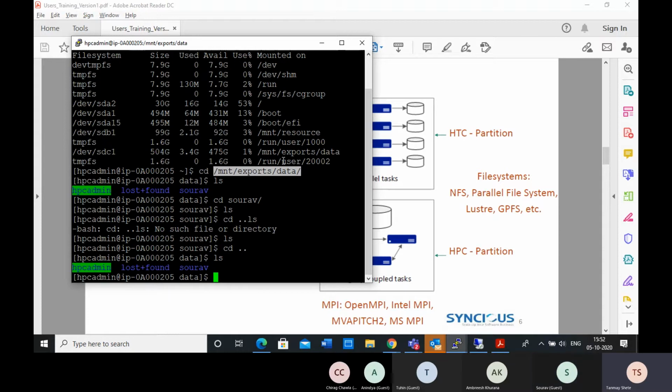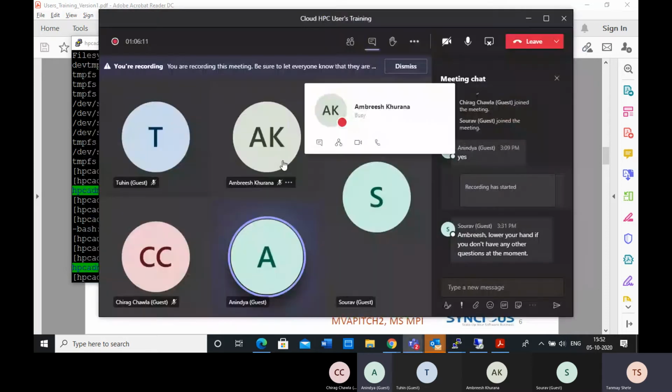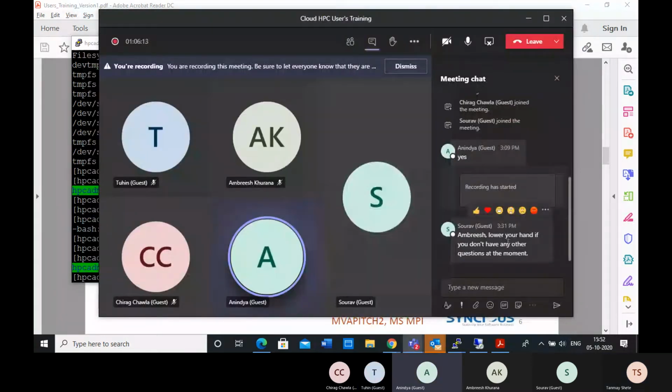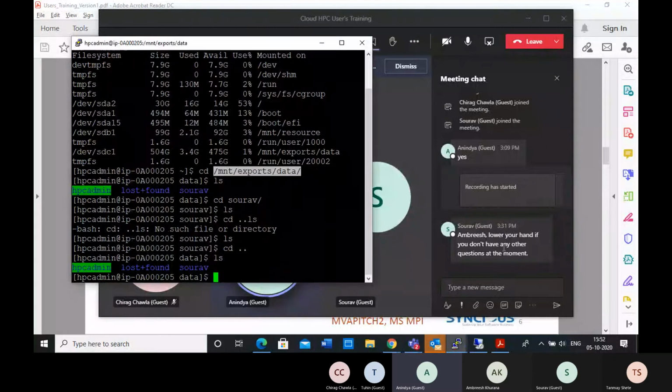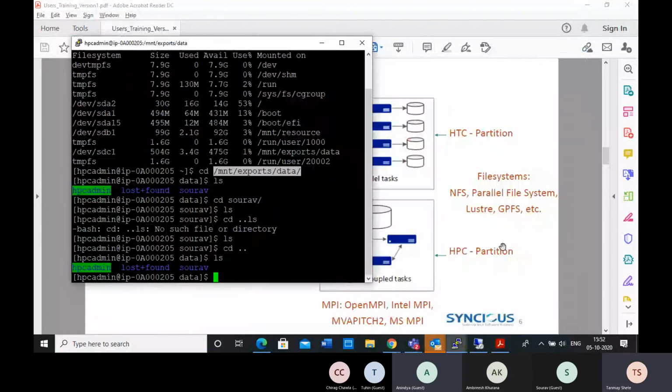Okay, so now the question. Yeah, go ahead. I have a question. Then my storage is like a two-step process. First I store it in the virtual machine that is automatically storing, and then I need to copy the data to the MNT export, right? Yeah, and this is the recommended method, yes.